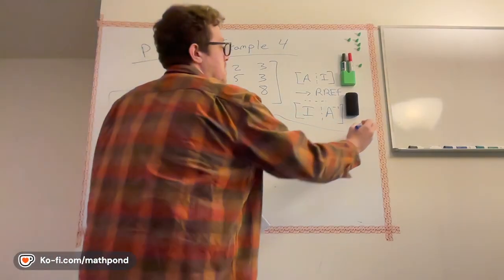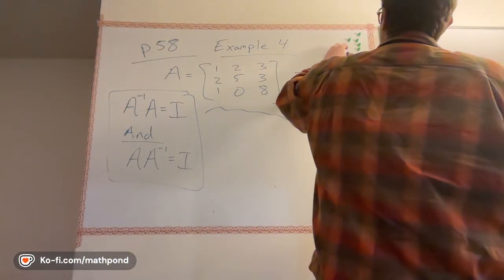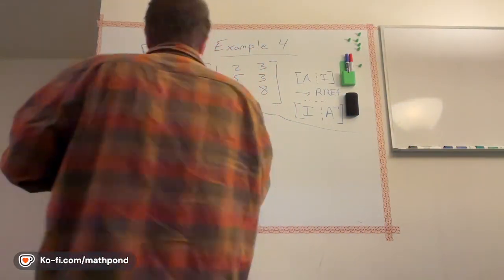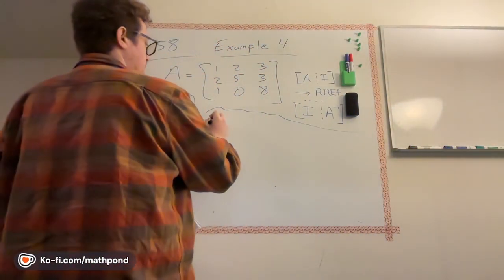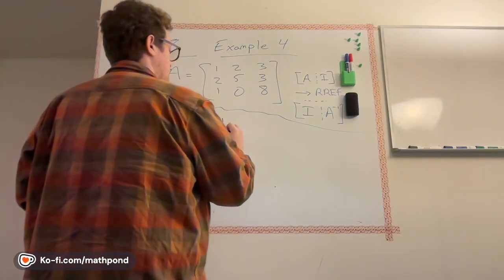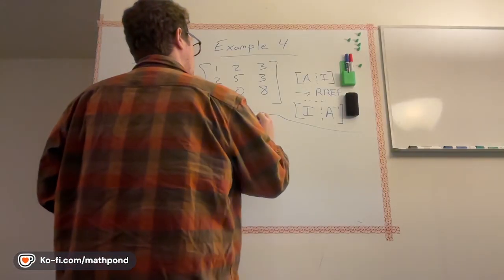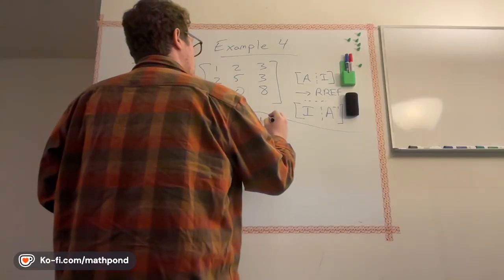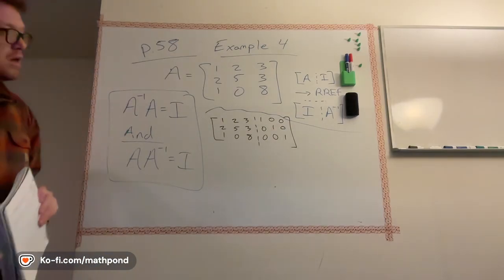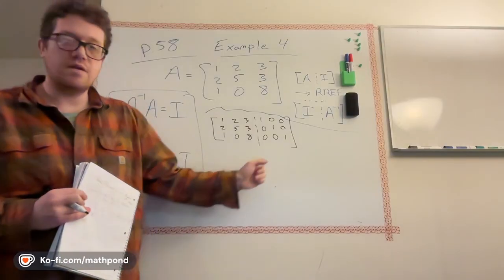Okay, so that's essentially the setup. Let's switch markers, maybe black works here. So yeah, let's set this up. I'm going to try to write it a little bit smaller, just so it can fit as much as possible. So here is our augmentation: A on the left, A inverse on the right.